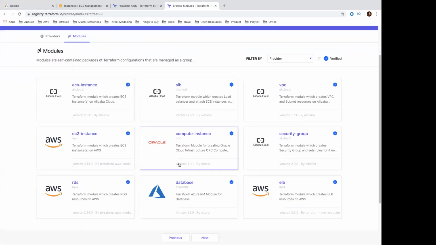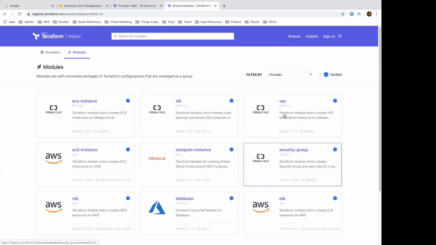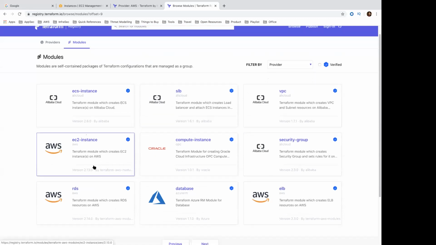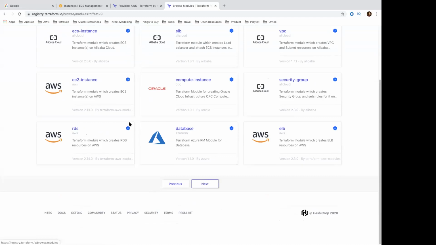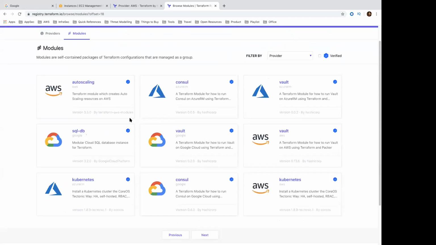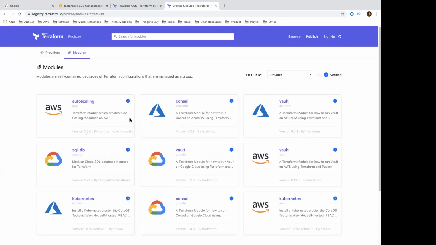There is something called security group for Alibaba. For AWS, you have your Terraform module, which creates an EC2 instance on AWS. These are very simple ones, but there are a couple of custom-made, security-specific modules that are present for AWS and any of your cloud providers.